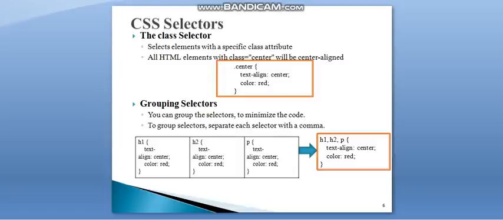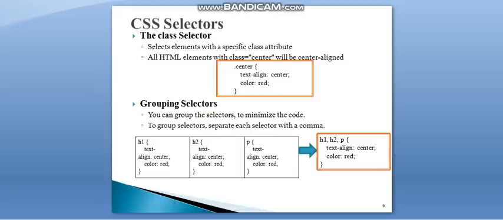Next part is the class selector. It selects elements with a specific class attribute. All HTML elements with class equal to center will be center aligned. .center { text-align: center; color: red; }